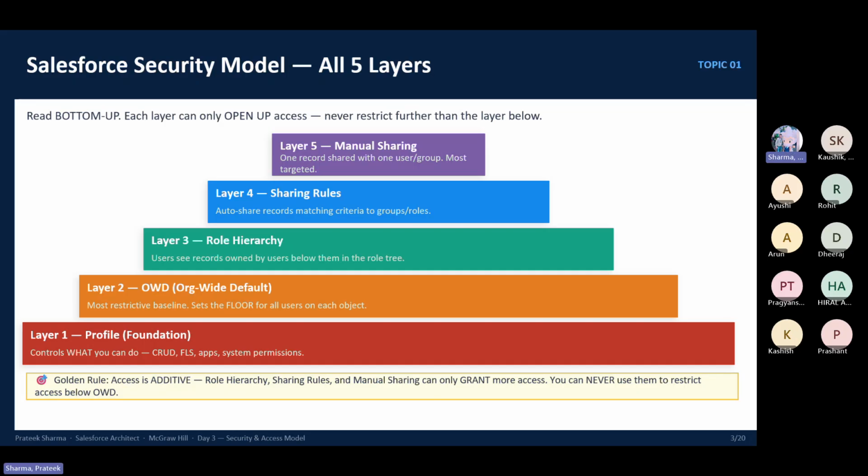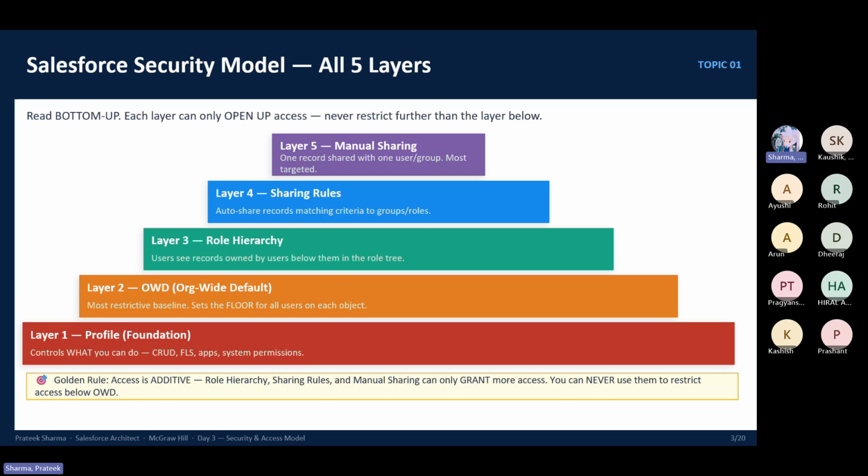This is the least open level of security. If you have private set up as the sharing setting for an object, it means only the record owner can see their data. If a record is created by, let's say, user one, then only user one can see that record in the object. Any other user will not be able to see the data from user A, right? So private is the most restrictive sharing that we can apply on any object in sharing settings, and then we can simply